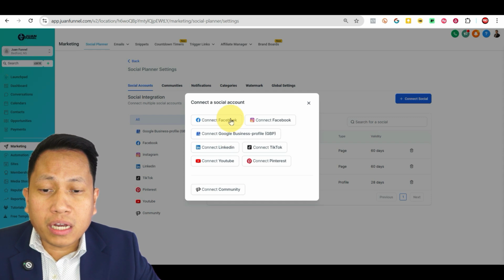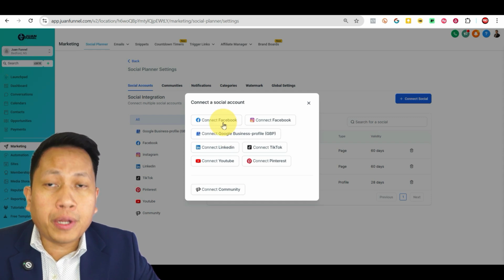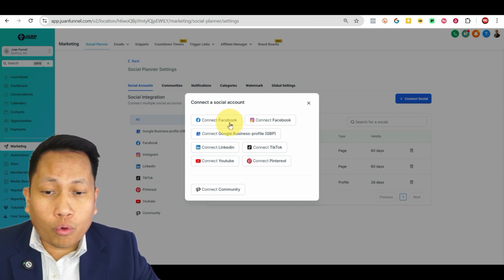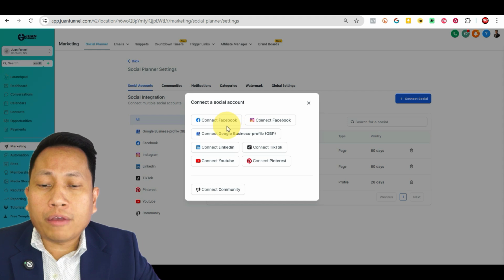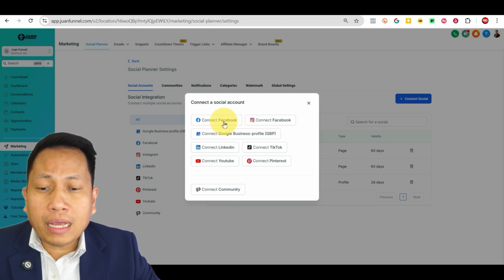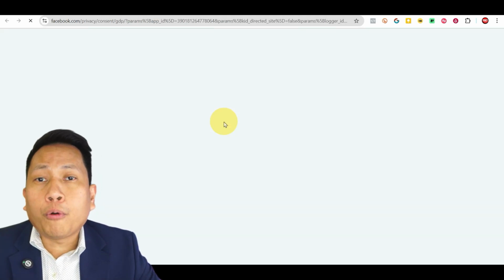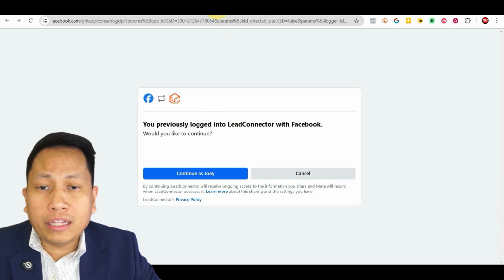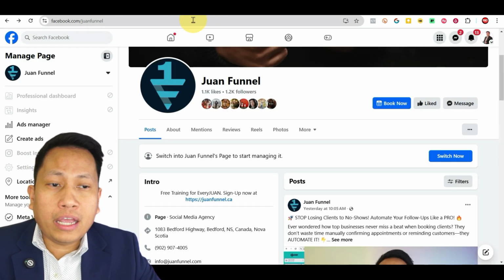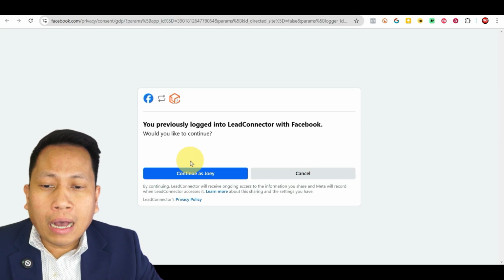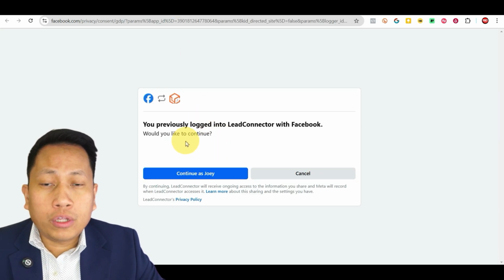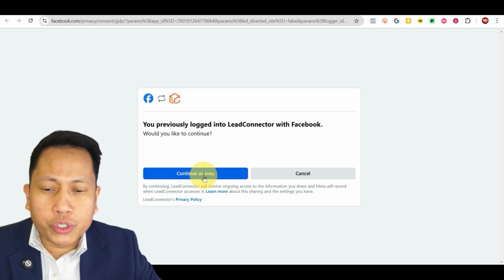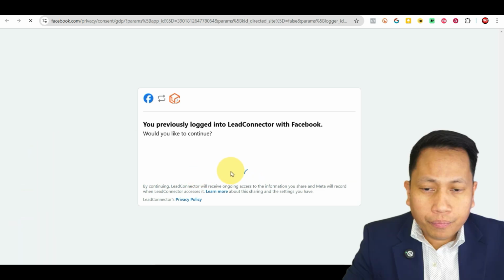To connect your social media account, simply click the preferred social media account that you want to connect. For this demo, I'm going to connect Facebook. To do this, simply click connect Facebook. My pro tip to you: make sure that you are logged in with your personal account. Like this one, as you can see, I'm logged in with my personal account. Once you're logged in with your personal account, it's super easy. It says continue as Joey, so click continue,